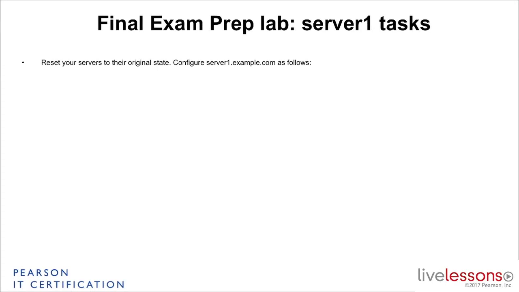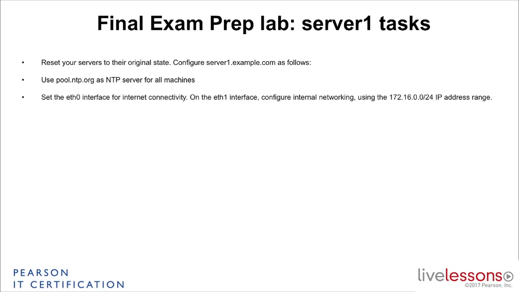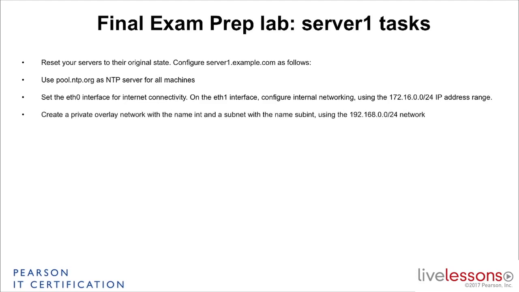Server1.example.com should be configured as follows. Use pool.ntp.org or any other NTP server for NTP time synchronization. ETH0 needs to be used for internet connectivity and ETH1 is for internal networking, using the 172.16.0.0/24 IP address range. Create a private overlay network with the name int and a subnet with the name subint